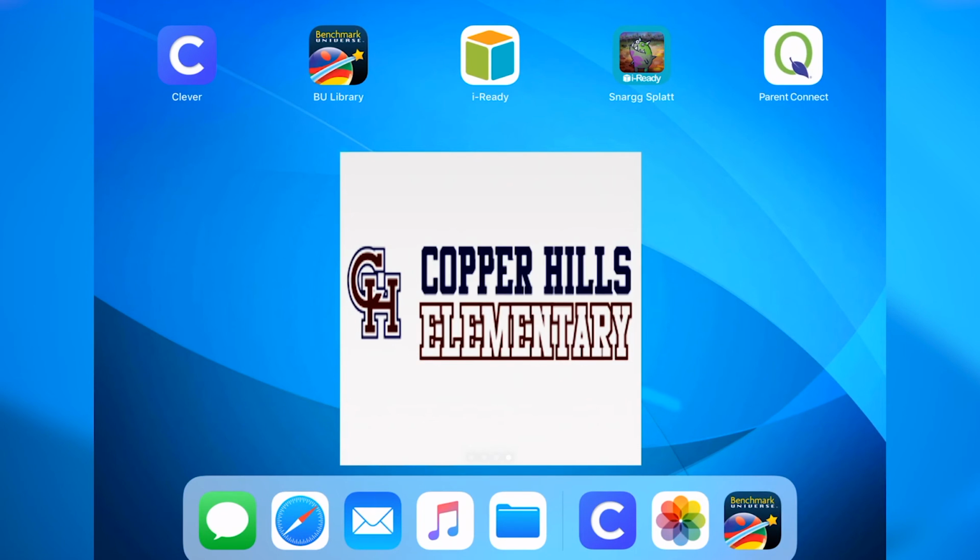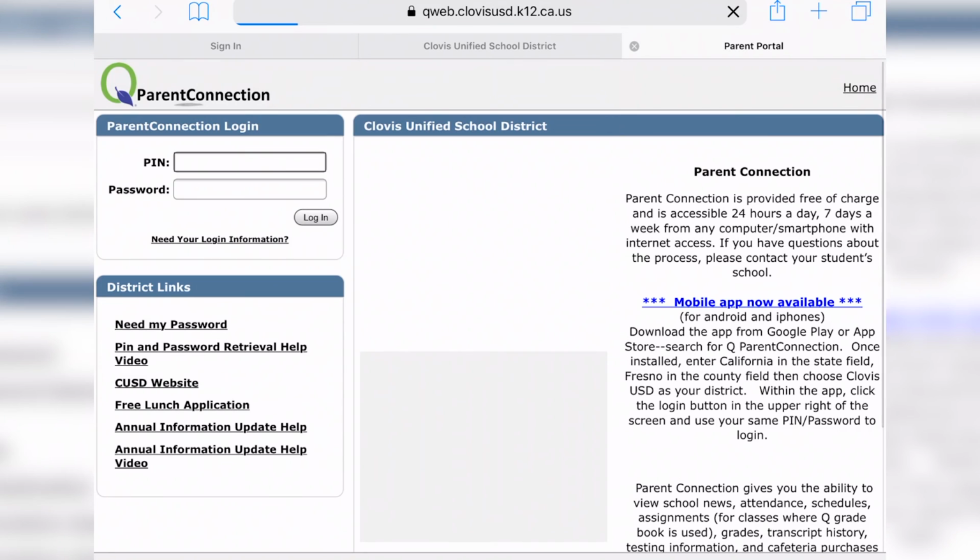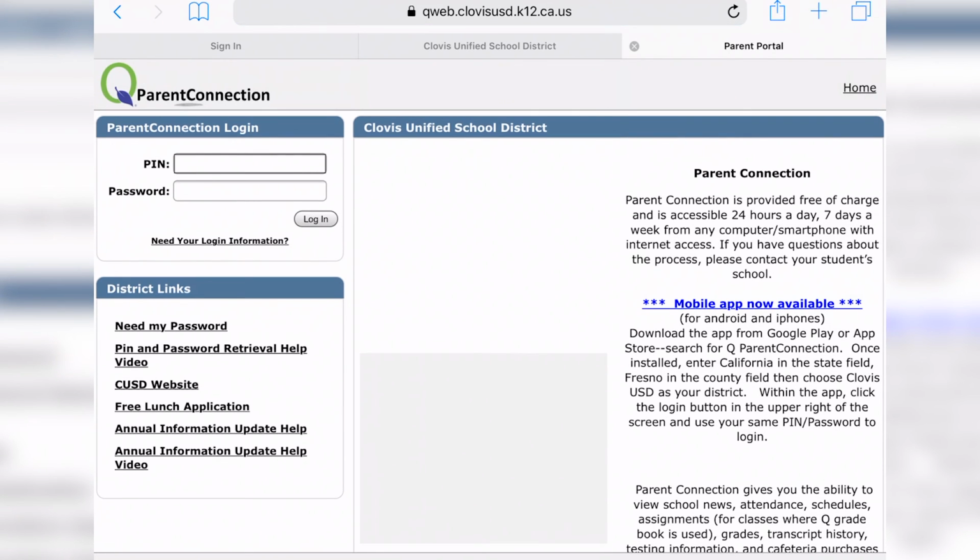So you can actually go to the App Store and download the actual app, or you can just add it to your home screen. By using the home screen, you are interfacing with that web version. So you're actually just telling Safari to open and head straight to that web page. Either one of those two ways will get you into Parent Connect so that you can stay up to date with information related to your